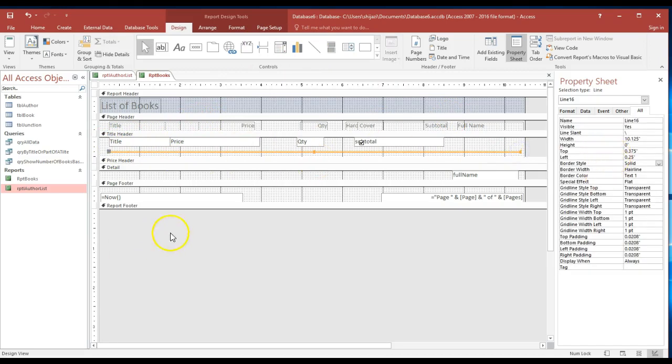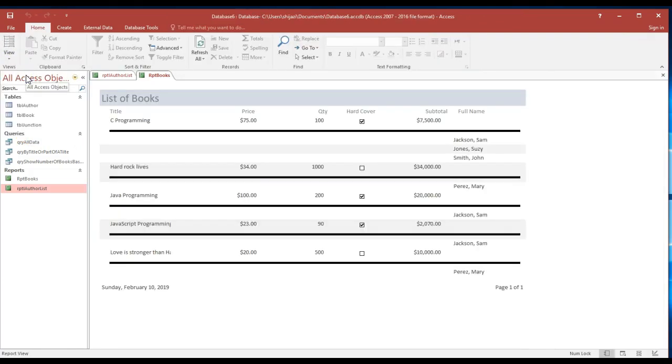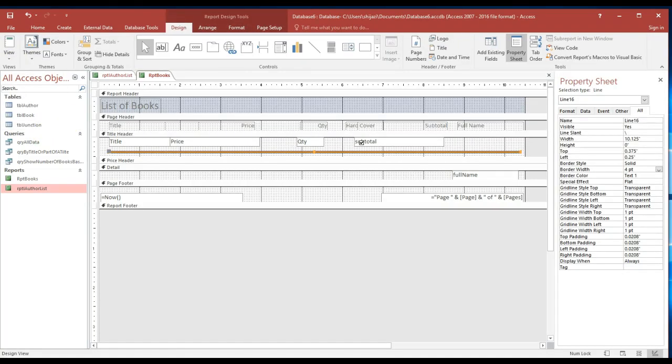All right, so we could make it even thicker, and let's take a look at the whole thing and see if it's going to be better. Yeah, that's better. The only thing I wanted to do under here is to count how many authors actually wrote that specific book. How many authors wrote that specific book? Because I don't really want to sum. The sum has already been done for the subtotal for that book, but we want to actually count how many authors. So what I'm going to do, I'm going to go back to the design,